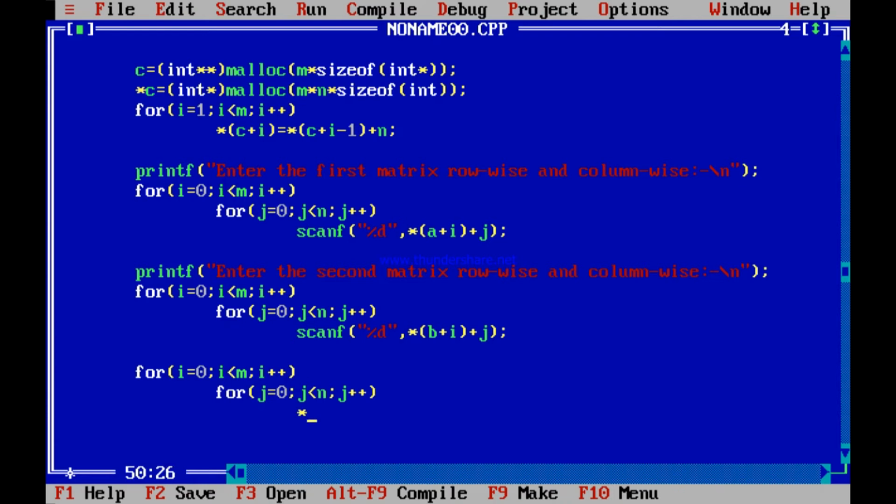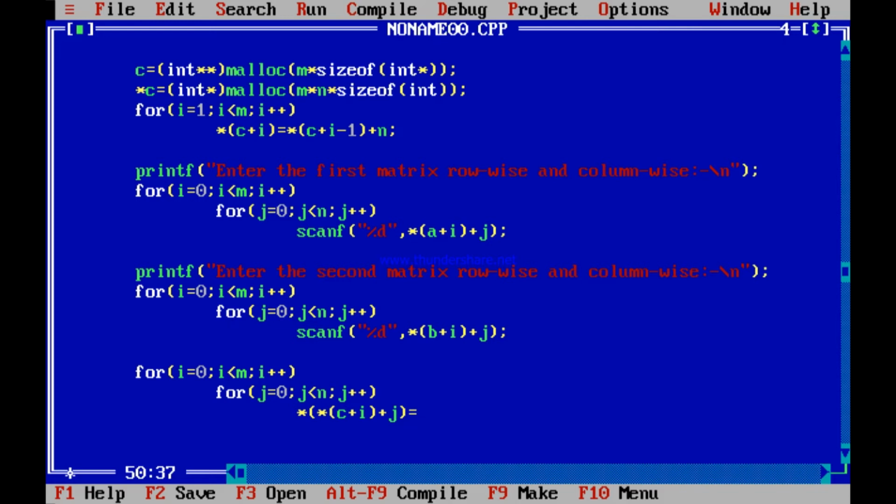That is star of Cij means C plus I. Deliberately I am writing using pointers. But after all, remember, it is Cij. I am just writing it just to remember how pointers and arrays are related.